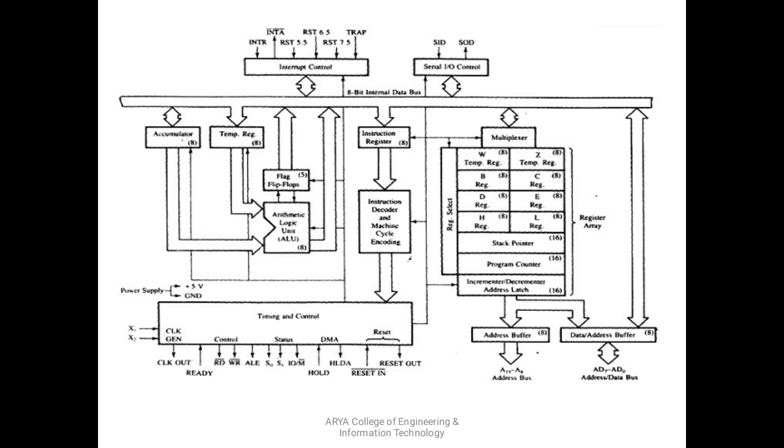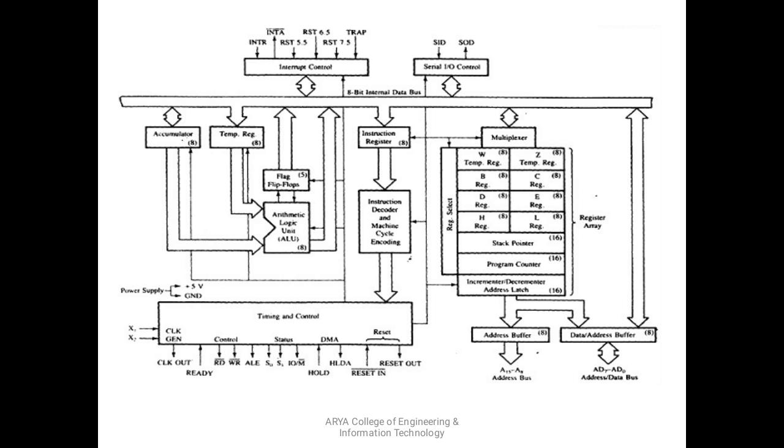In this unit, the instruction is converted to machine language. Basically, the instruction which is provided by the instruction register is in assembly language. It is decoded by the instruction decoder and then converted to machine language. This is provided to the timing and control unit. Next, once the instruction is provided, it is executed by the ALU, the arithmetic logical unit.